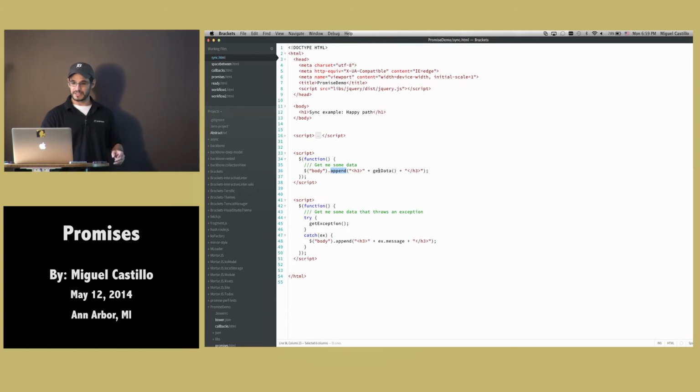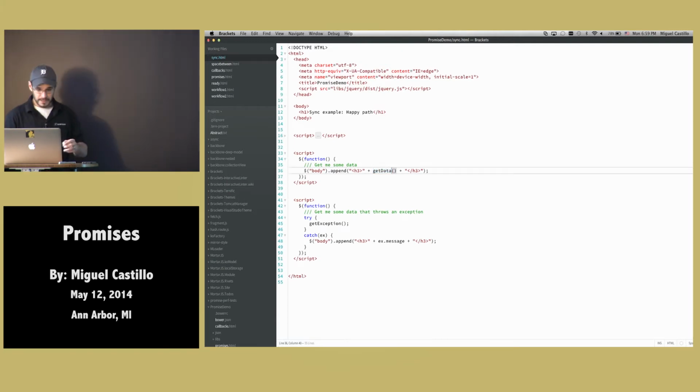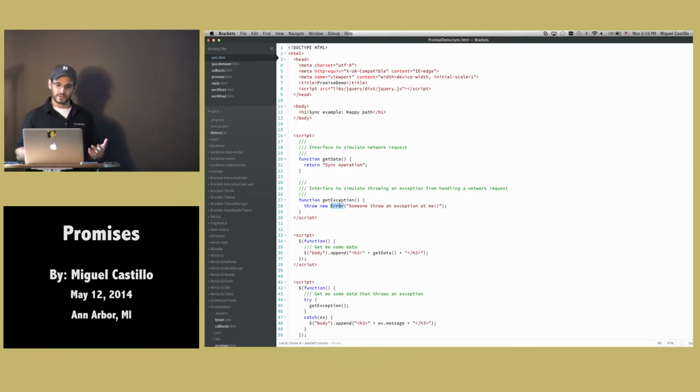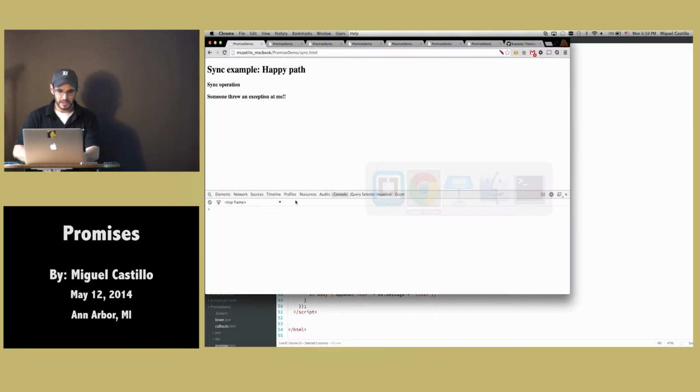So you have get data. You're trying to get some information out of some synchronous code, and whatever comes back, you put it in the DOM. Down here, you run through some code, you get an exception, and you write it to the DOM. It's a very trivial piece of code, but it reflects a very overly simplified notion of what synchronous is. You get the data, you return some value. With an exception, whatever piece of code throws it, you handle it very clearly here. You have your try, you get your exception, and it's not a very interesting piece of code. There's the happy path, it worked. You have your sync operation, and then you have someone throw an exception at me.